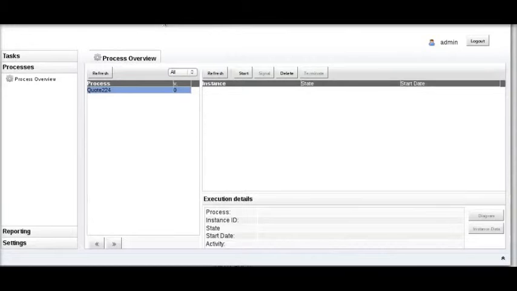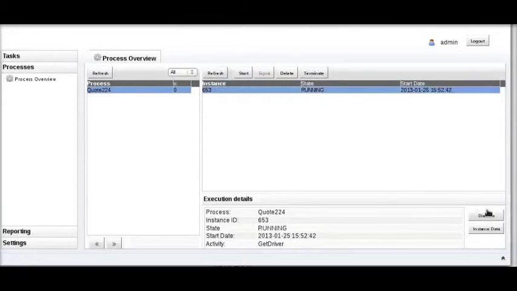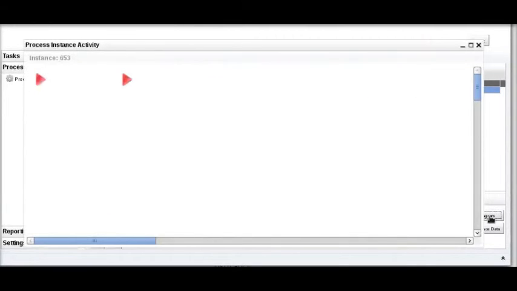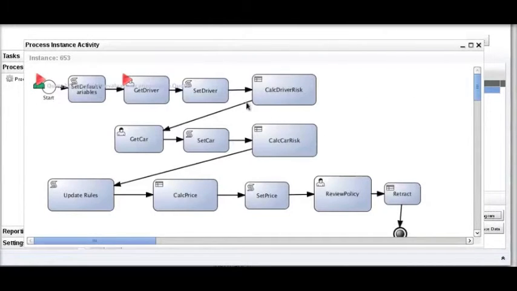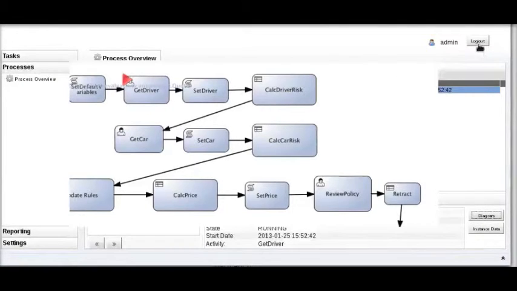If we switch to the Business Central application, refresh the process that you see running, and bring up the diagram associated with that process, you will see the process is now in that stage called get driver, indicated by the little red triangle. So we're in get driver, we've collected information about the driver. Switching back to the web interface,